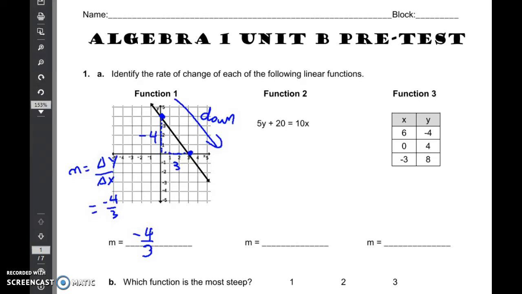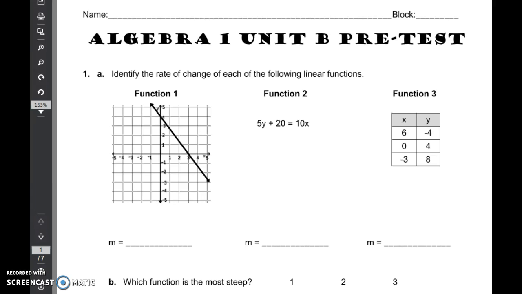Alright, this is the review for the retake. Sorry, I should erase that first. This is the worksheet that we've already done, but it's good practice, and it's very similar to what's going to be on the retake. So, looking at the first example, we need to find the slope of each function and